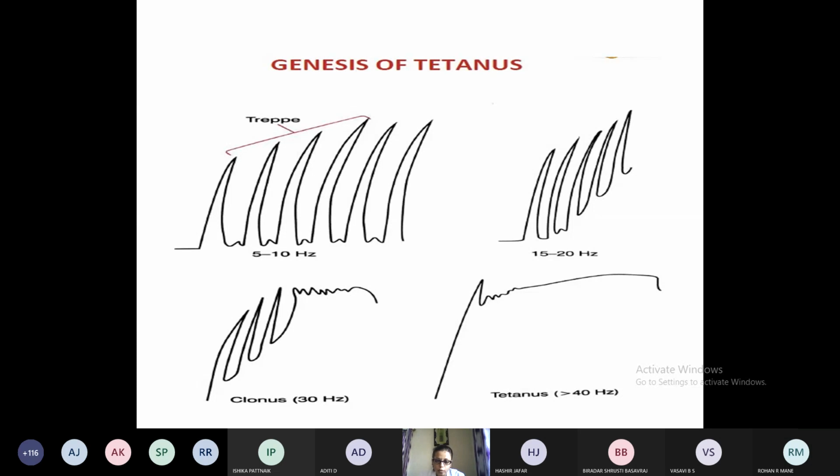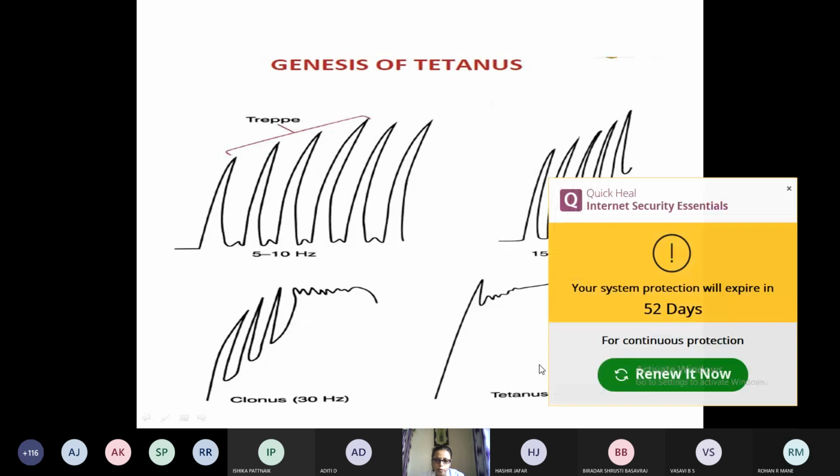Tetanus you have learned, it is due to repeated stimuli during the contraction phase. And what is tetany? Tetany is due to the lack of ionized calcium, which causes neuromuscular hyperexcitability. Because of this, the person may get cramps in the extremities due to extensive spasm of the skeletal muscle. So this is the difference between tetany and tetanus. These are a few questions they can ask on this graph.